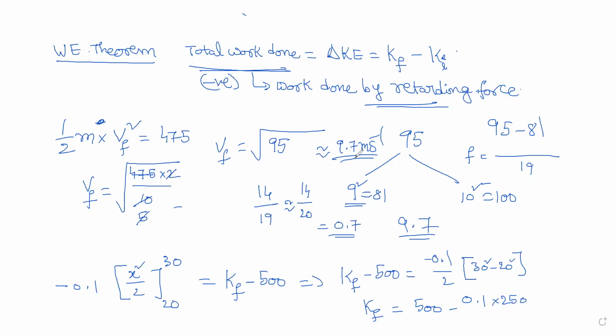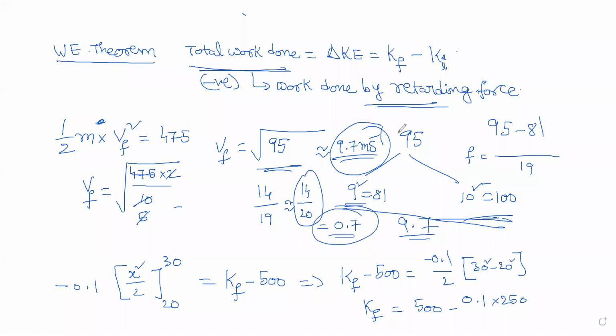Clear? How to solve these things? Got some idea? Very good. So this is how you can utilize your square root approximation. Now and then in the exam, you don't have a calculator, you don't have to worry. Square root of 95, you got how much it will be around. So this way you can use the square root approximation to get the approximate answer. Okay?